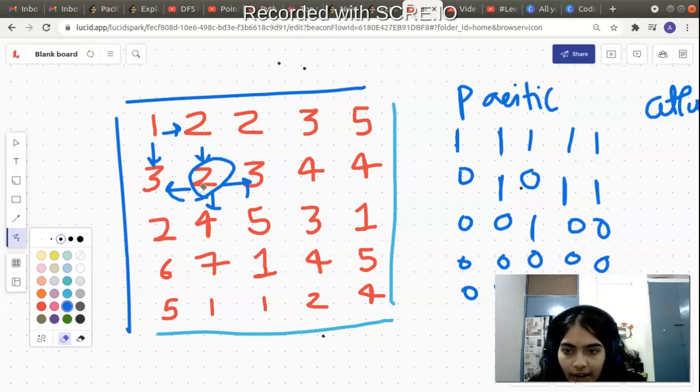When it calls its left neighbor, this function call is going to go inside because this is valid, right? Because 3 is greater than 2, so then this is going to call all of its 4 neighbors. And when this calls all of its 4 neighbors, its left neighbor is going to go out of bounds. Now we are inside this function call. Its top neighbor is already 1. Its down neighbor is having a smaller value, 2 is smaller than 3, so that function call is going to simply return. Its right neighbor is having a smaller value again, so this function call is going to return. This function call is also going to return back.